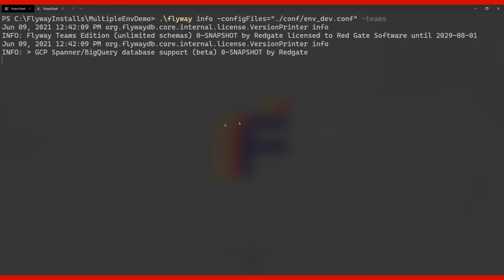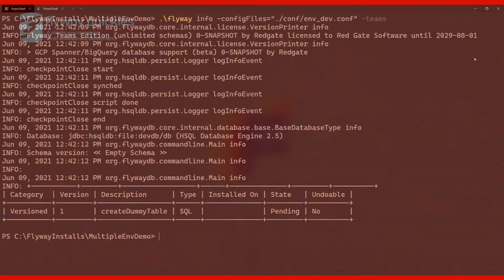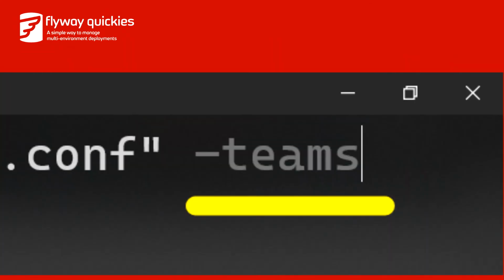Now we can simply specify the environment we are targeting with a command such as flyway info -configFiles=/conf/env_dev.conf -teams, which will run info against the dev environment. To then target the CI environment, it is as simple as flyway info -configFiles=/conf/env_ci.conf -teams. As you can see in these examples, I've also specified the -teams flag as I'm using Teams Edition,